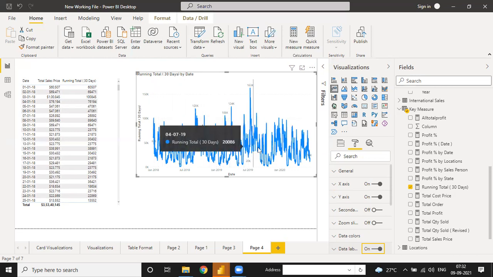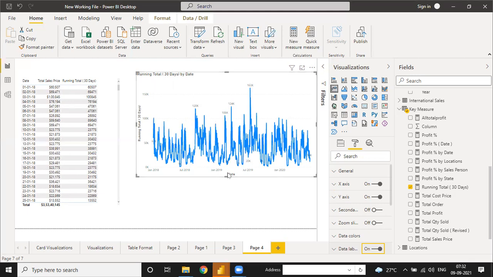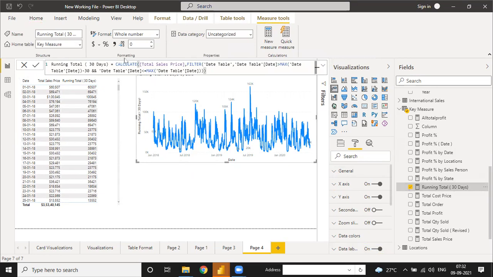It means we have a day by day sale, and it's completing a running total of 30 days. And let me show you the running total of 90 days. So you click on running total and see why we write running total, because we need a calculation of total sale divided into different parts. Calculate total sale and filter the date table